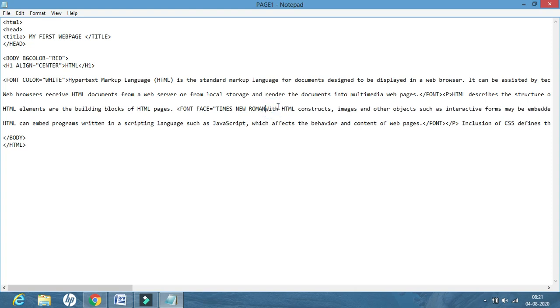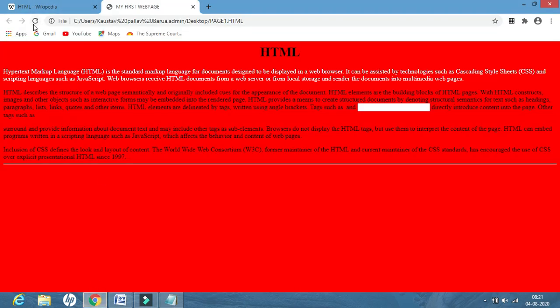Suppose this only. I want to bring it to the next line. So what I do is I will only write BR. BR means break. Click on File, Save, go to Document, and see, after this it is displayed in the next line.